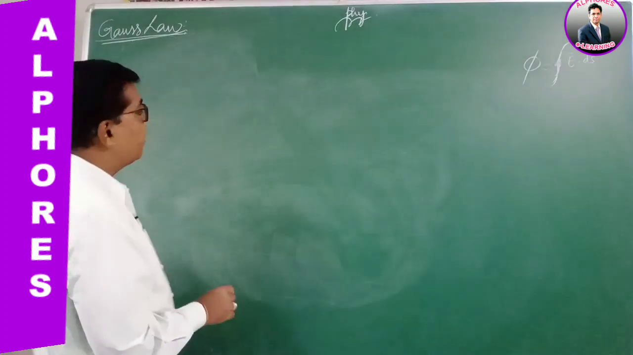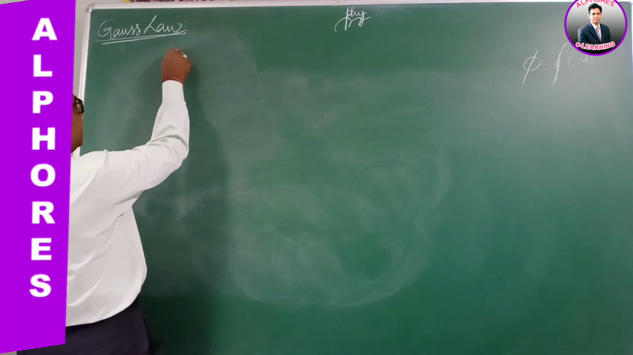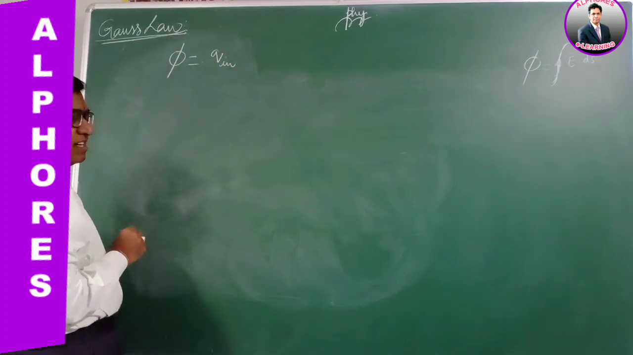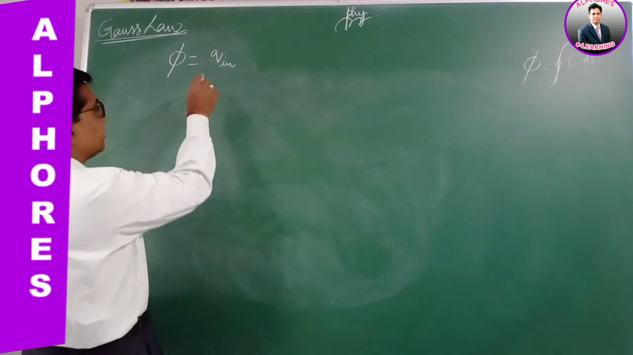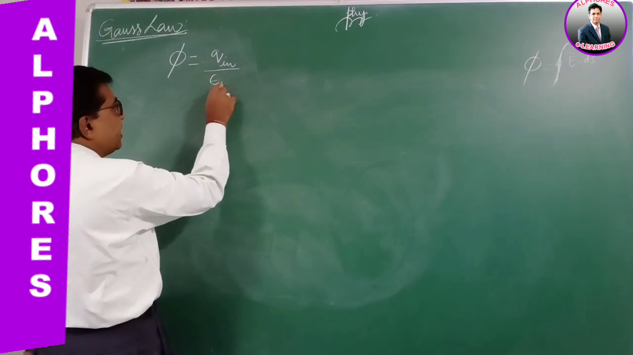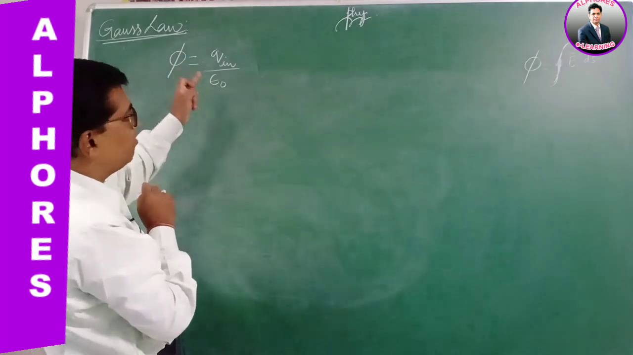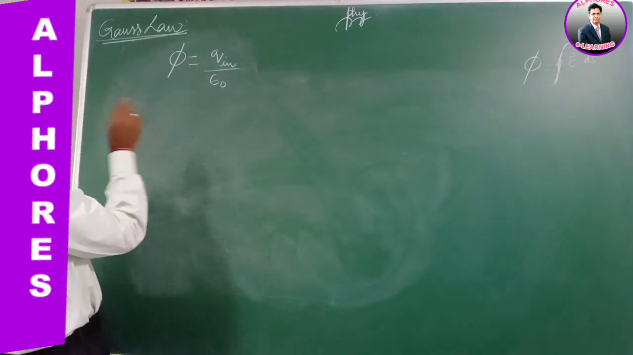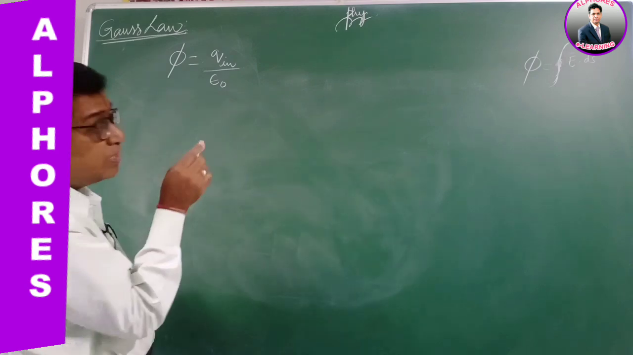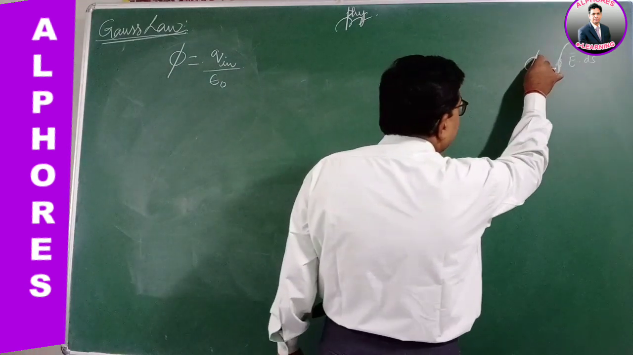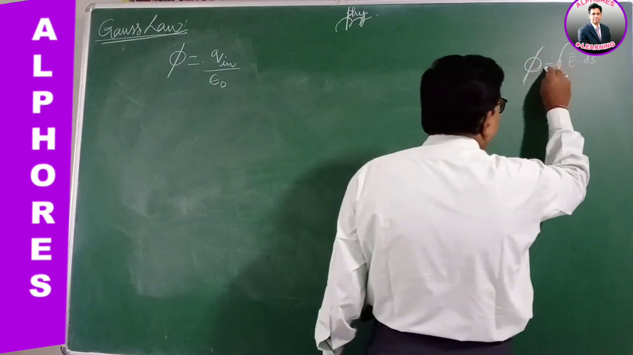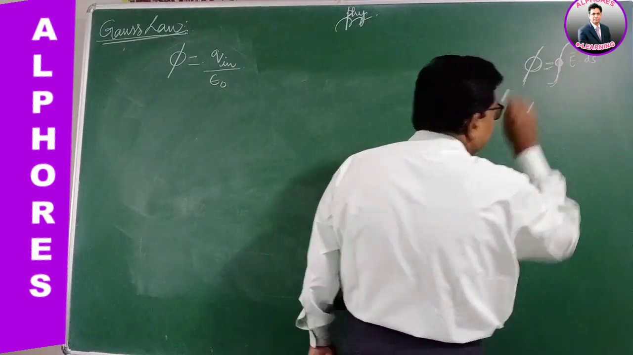According to Gauss law, the total flux through the Gaussian surface is 1 by epsilon naught times the total net charge enclosed inside the Gaussian surface. But we have already learnt, according to the definition of the flux, that it is the surface integral of,